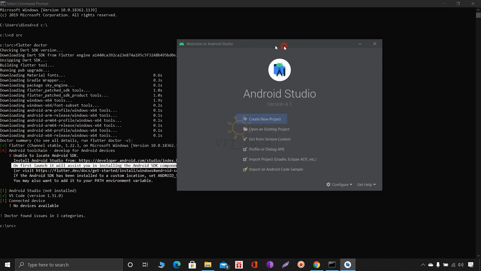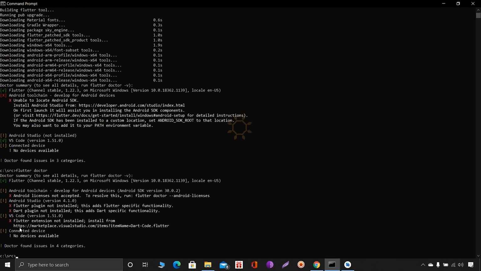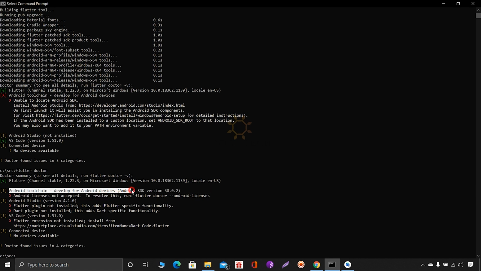Now we will run Flutter Doctor to check again what the issues are, whether they are solved or not. The main issue is Android toolchain and SDKs. Here you can see previously it was showing Android toolchain, developer for Android devices, Android SDK, but the version was not shown. Now it is showing, that means it is installed. But what is the issue is,